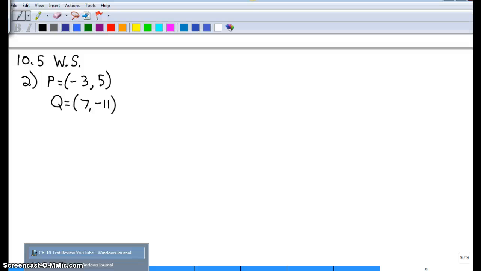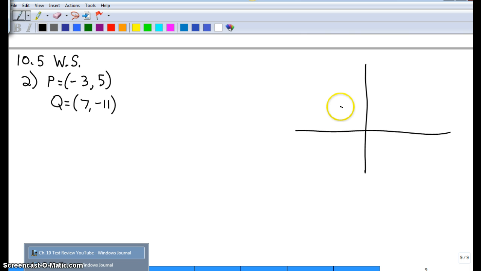Alright, this problem is off of the worksheet on 10.5. It is problem number 2, where it says find an equivalent vector that starts at the origin, given a vector whose endpoints are P and Q. So if you look at P and Q,